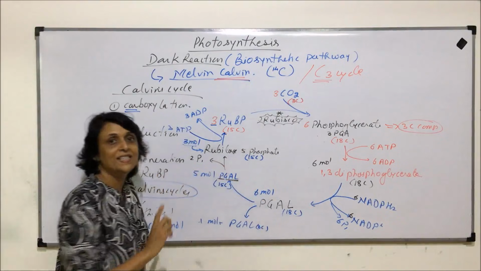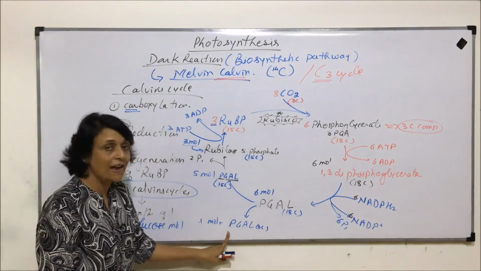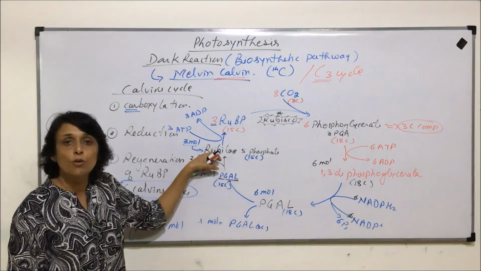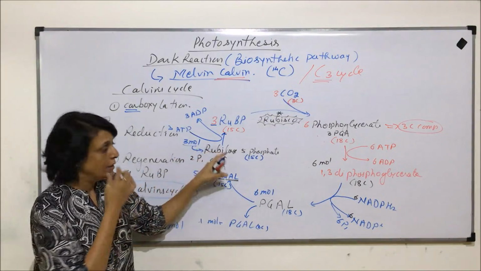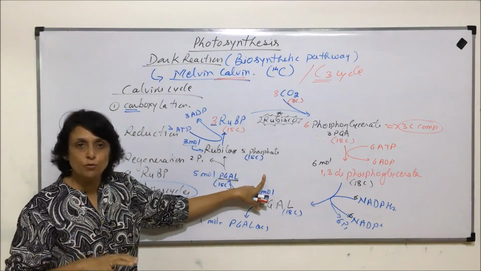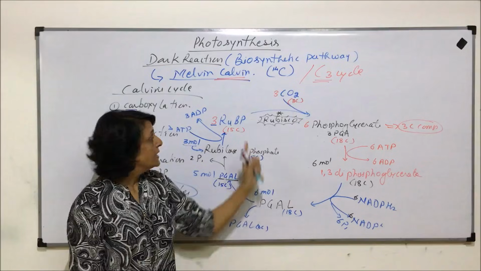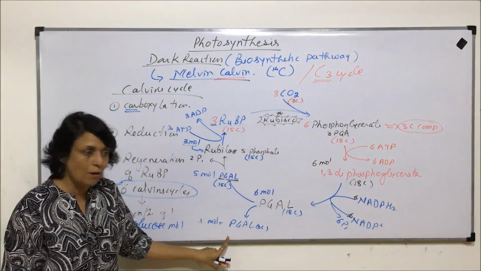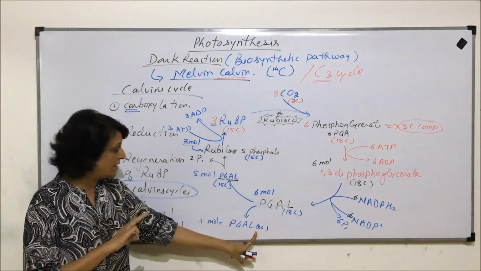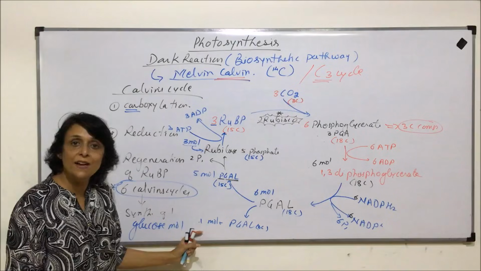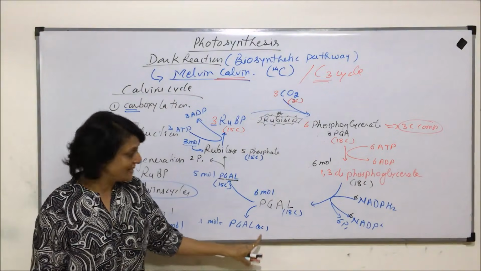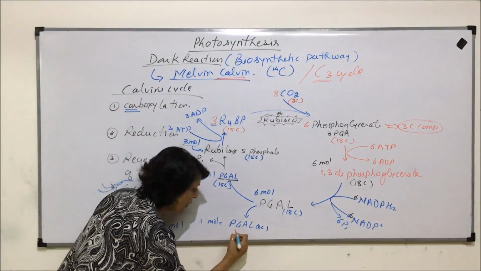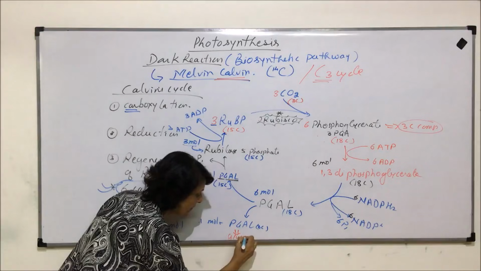Imagine if only 1 PGAL was synthesized. So we would have said that 1 fraction goes in one part and 5 fractions go in the same pathway. So to avoid that fraction confusion, we start with 3. Suppose this whole cycle repeats one more time. 1 more PGAL will come out. So 1 PGAL is giving us 3 carbons. The second will give us 3 more carbons. That means 6 carbons will get separated, and that will help in formation of glucose.